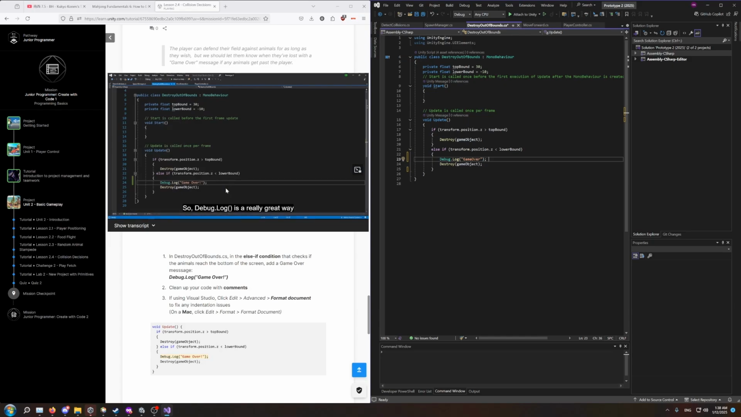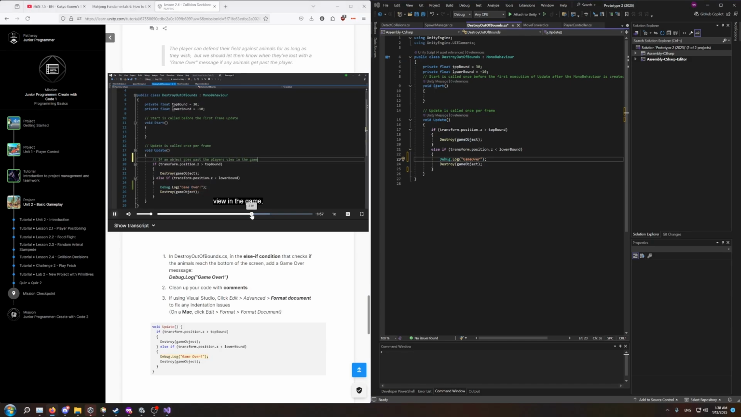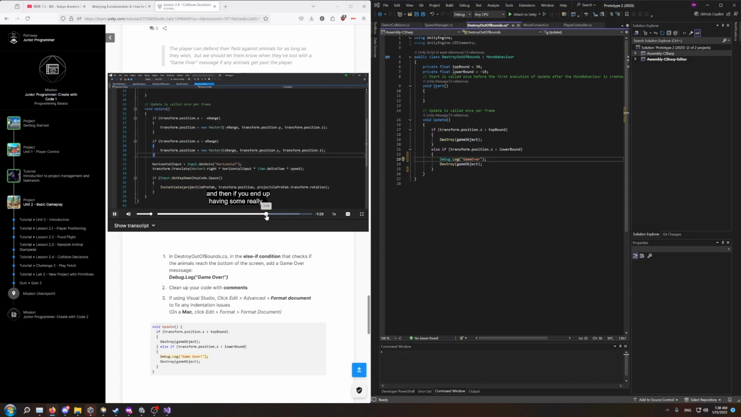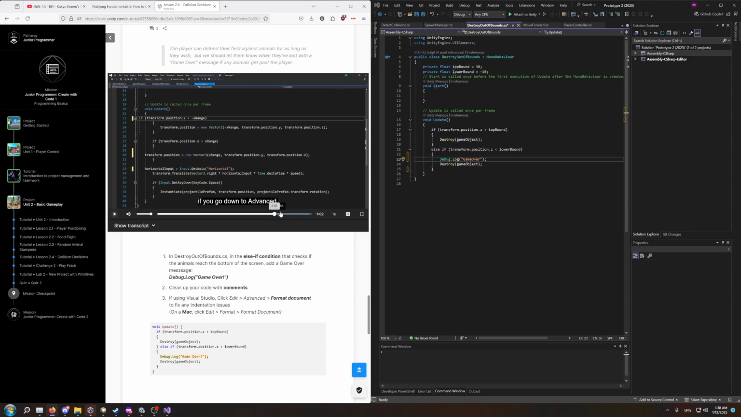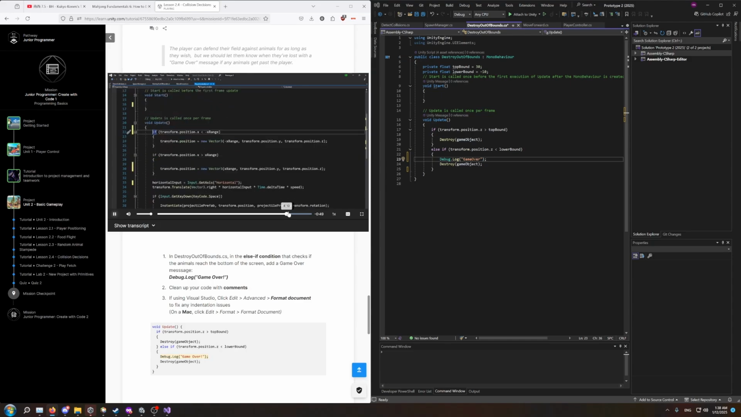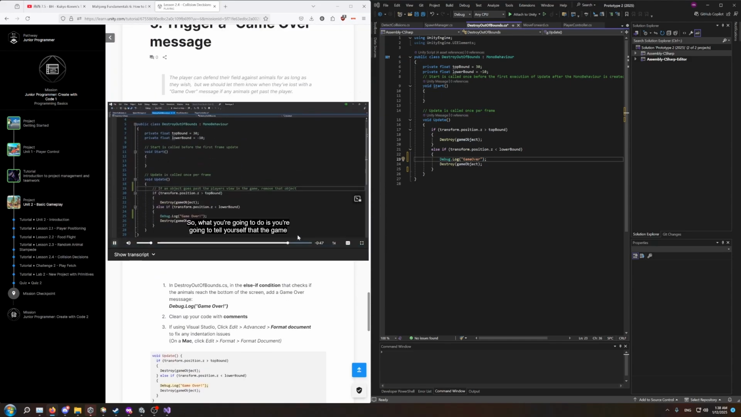So Debug.Log is a really great way to be able to tell yourself something whenever you want something to happen in Unity. So for example, for collisions, if we wanted to know that a collision happened, we could use Debug.Log to see if it actually happened in case we needed it to. It's very helpful if you end up having some really crazy code. So what you're going to do, go into